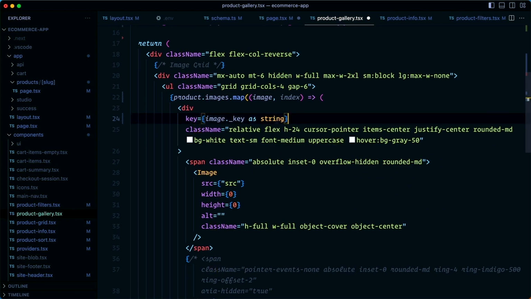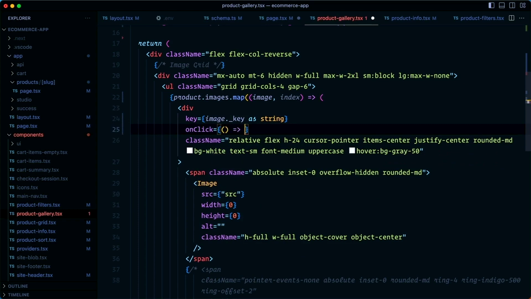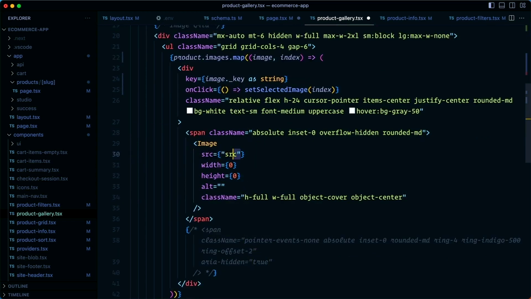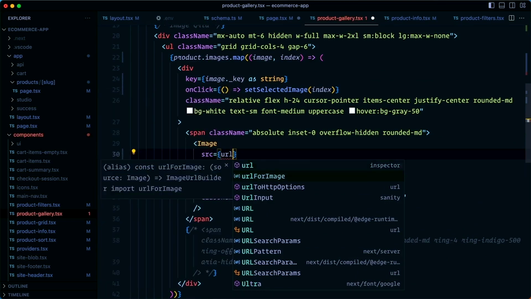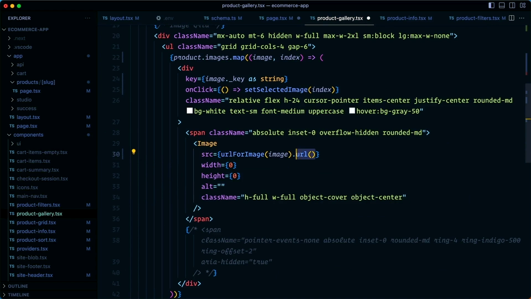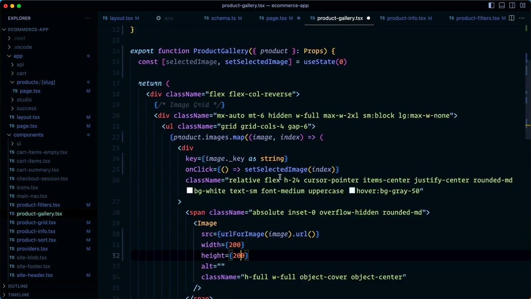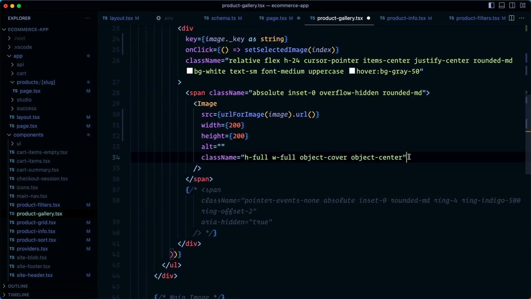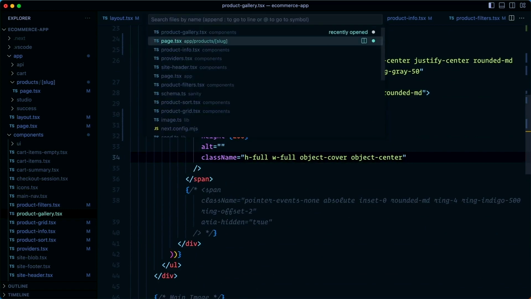We're going to add an onClick to this div where we're going to change the selected image by passing in the current index. We have an Image component here from Next. We can set the source with urlFor(image) and call the url method at the end of it, so we get that back as a string. We want to add a width of 200 and a height of 200. And keep in mind, this is all for the image grid underneath the main image, so it's going to be a bit small. And then to include our shimmer effect, if you'd like to include that,